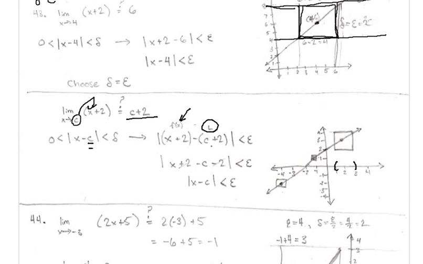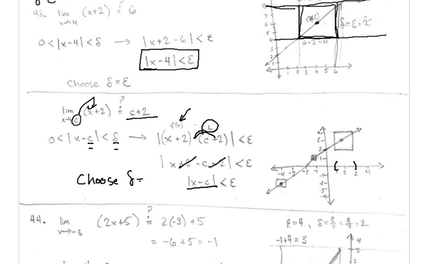So if I simplify this, I can just drop the parentheses right here, and this just becomes x plus 2. And this negative gets distributed to both terms here, and I see that this plus 2 and this minus 2 cancel, and I come out with something very similar to the case that we had last time, right? When c was equal to a concrete value of 4. Here, I get the absolute value of x minus c. So again, the height of our box is equal to the width of our box if we set that. So we again choose